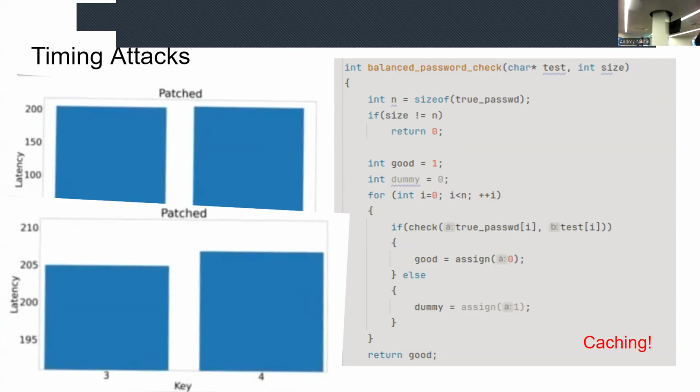So, Adam, you have something to say? What does caching really mean? Caching here means, basically,